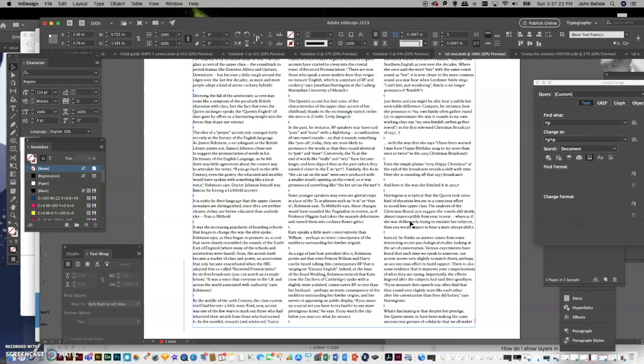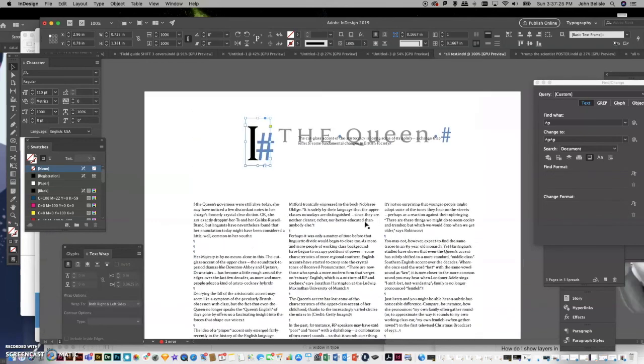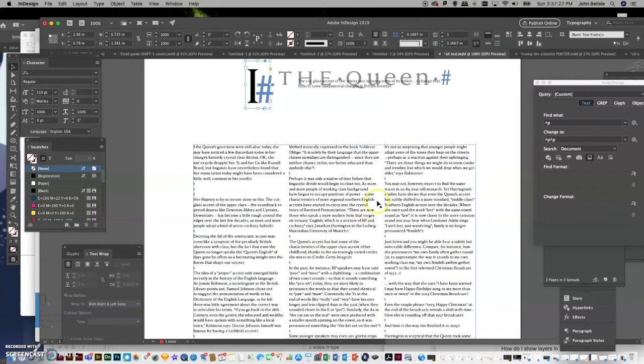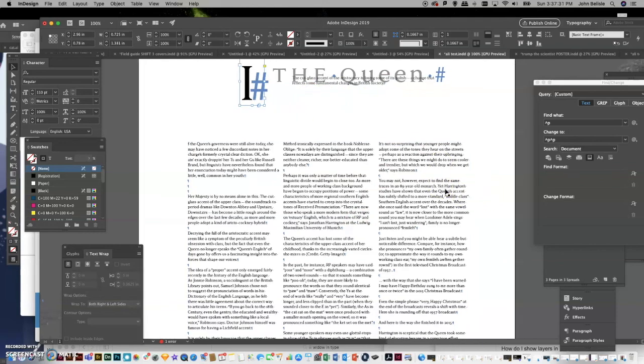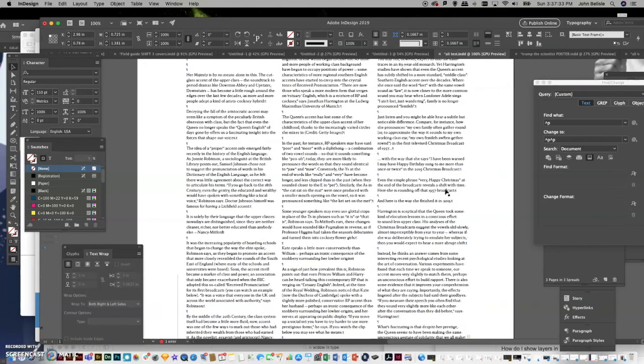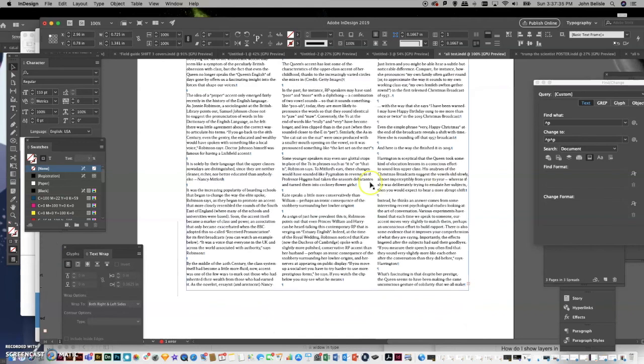So using all of those things that we've learned, finding an alternate letter for the headline, drop cap, intro, pull quote, fix the spacing, and work